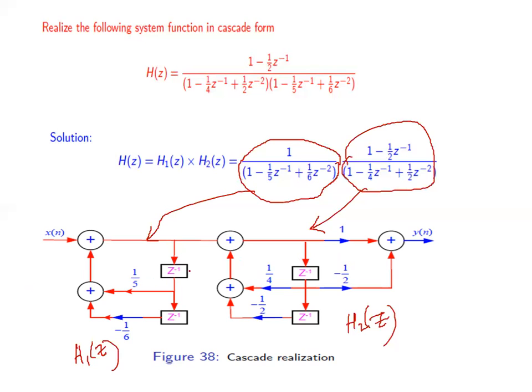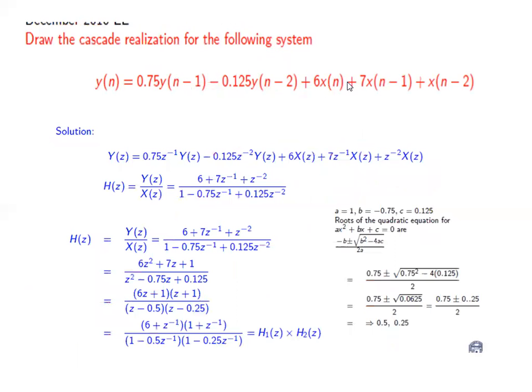So this is the way it is here. If you observe, there is a minus here. I have taken it as plus 1 by 5, and plus 1 by 6 is there, but it is minus 1 by 6. Or else you can follow the same procedure of direct form 2 realization. So this is again a cascading of the two system functions. The same procedure you can apply for this.